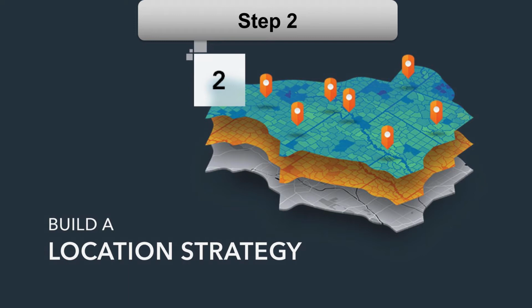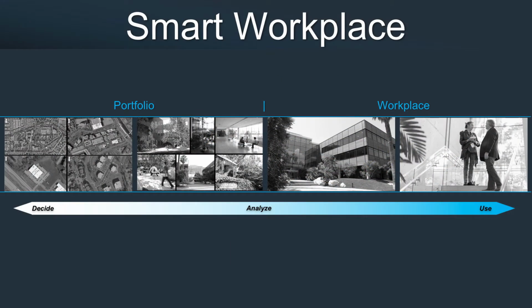Look, we don't have to go through a big philosophical exercise to understand your location strategy in relation to your installation. That's why we've formulated a number of offerings that we can immediately launch for your organization. One of these is Smart Workplace, which is one pillar of the smart installation. So ESRI has a broad vision for how to deliver value to